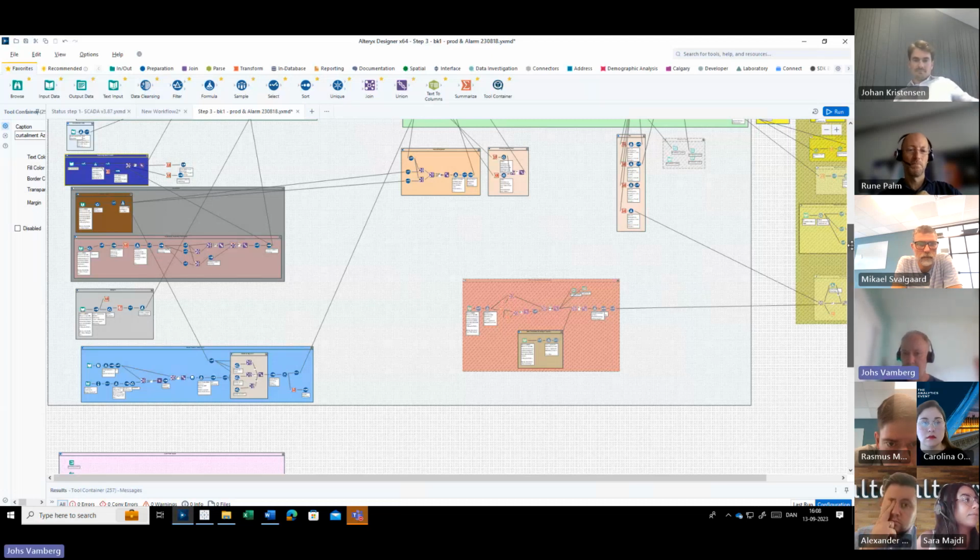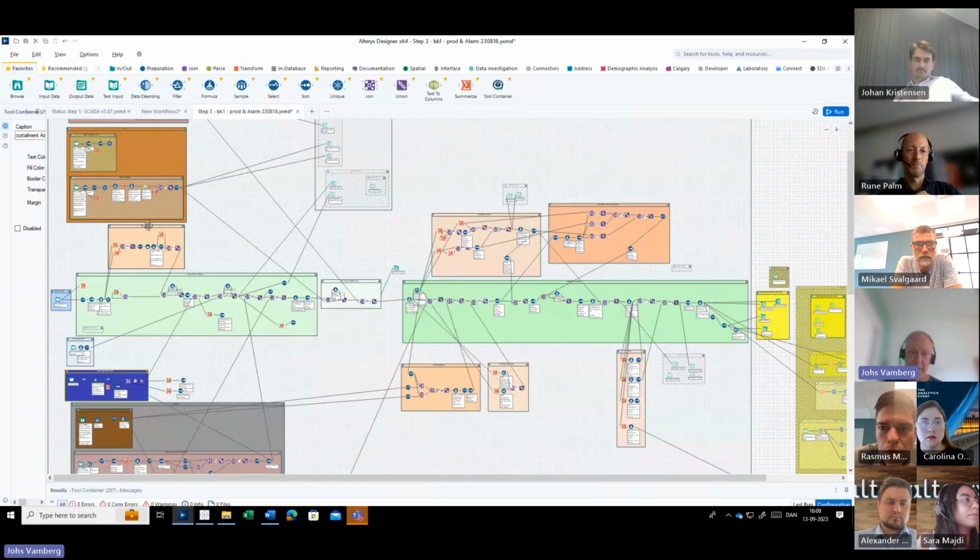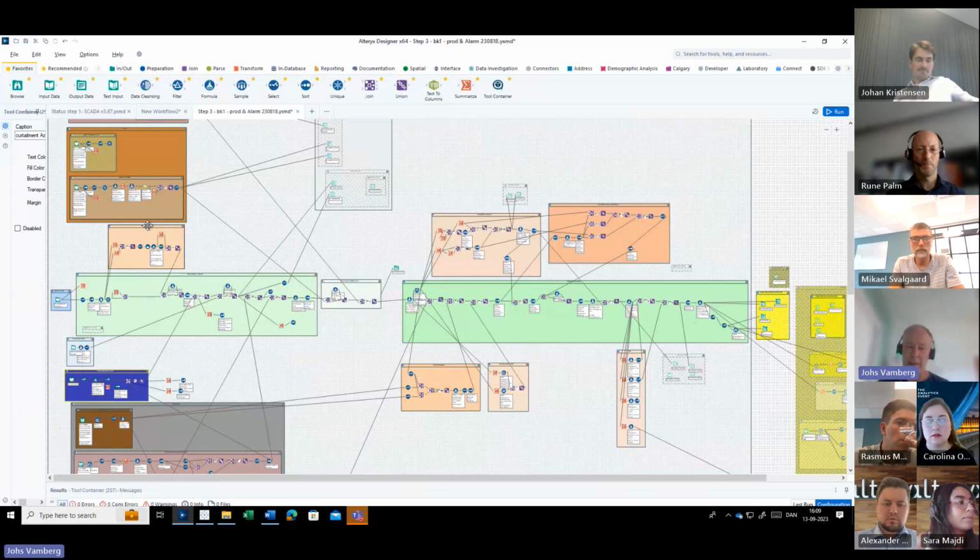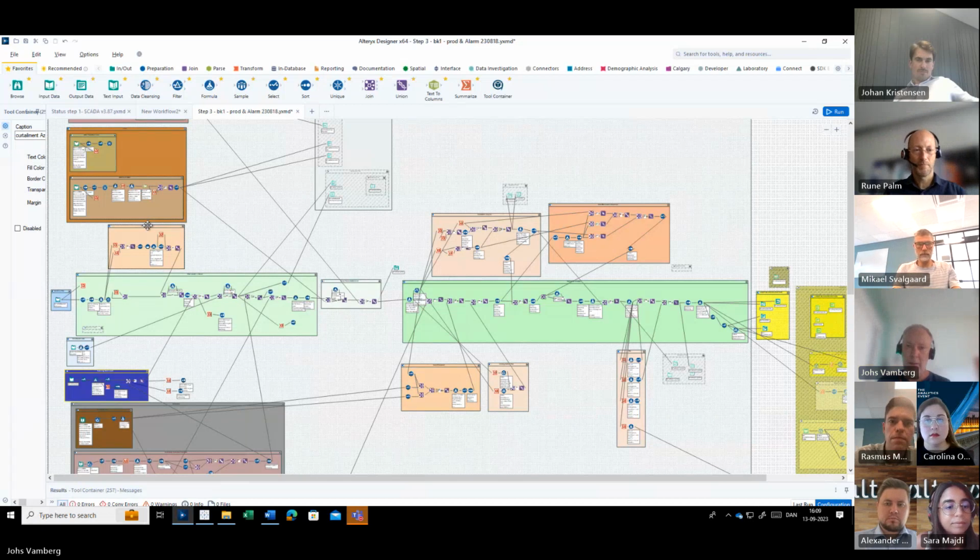The orange parts are additions where I enhance knowledge. It could be making new additional ways of estimating the loss production.